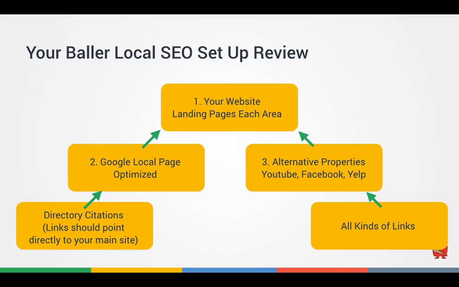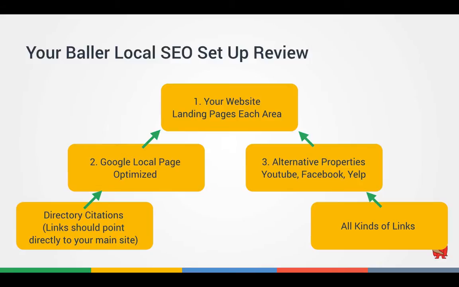Right below that, on the left, you've got your Google local page. We're going to optimize that. We recommend that you create those only for real businesses, or real offices, that you have. Below that, you see directory citations. Directory citations are going to help your Google local page rank in the map and in the 7-pack. But just a little caveat here: when I put that under there, the link should actually be pointing directly to your main site. Over on the right-hand side, we see all the alternative properties, YouTube, Facebook,